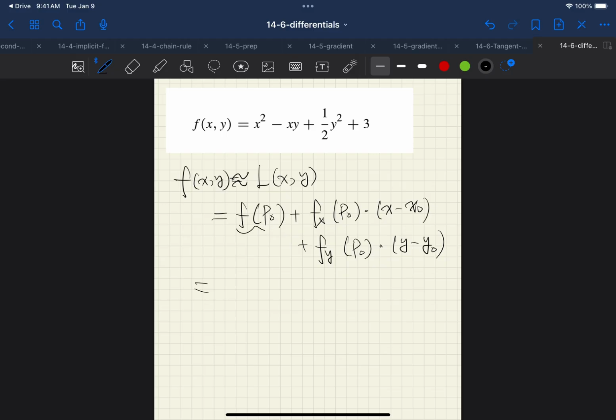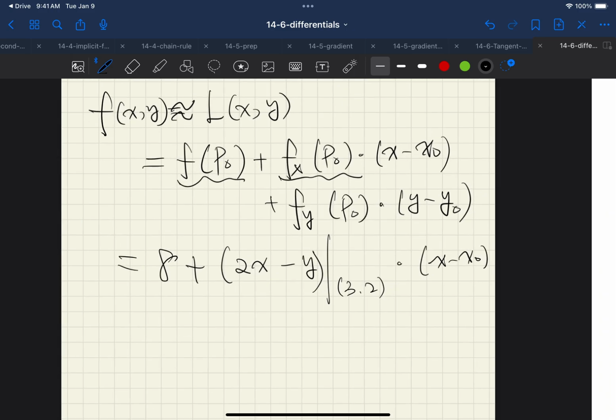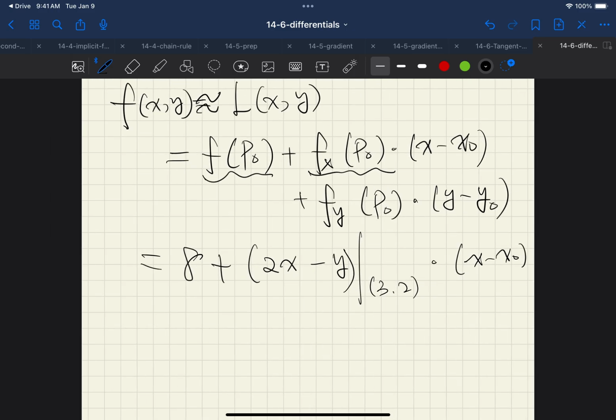We know that f(p0) is going to be 8. For f_x(p0), take the x derivative, then we get 2x minus y, and the last two terms are y terms, so they become 0, and you put (3, 2) here, times (x minus x0), and then we get